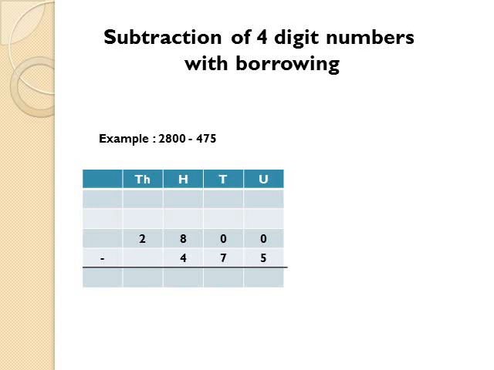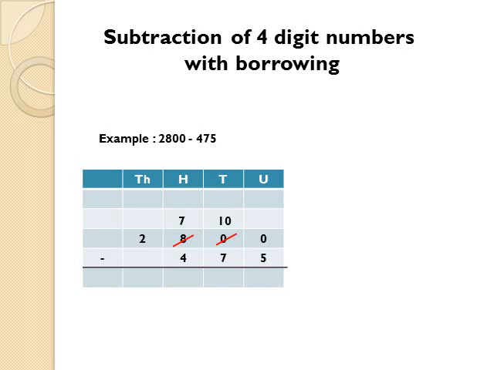100, that is 10 tens, hundreds place is giving to tens place. So strike out 0 and write 10 above it. As hundreds place has given 100, strike out 8 and write 7 above it. You have to start subtracting digits from units place. Now units place can borrow from tens place.